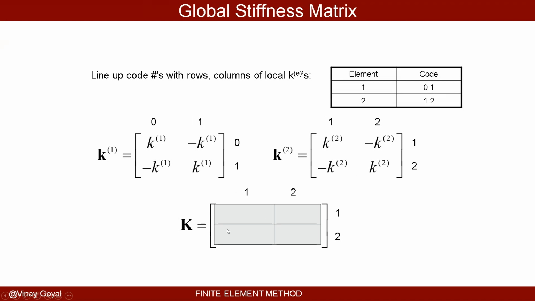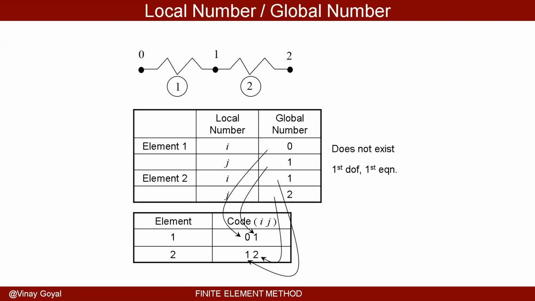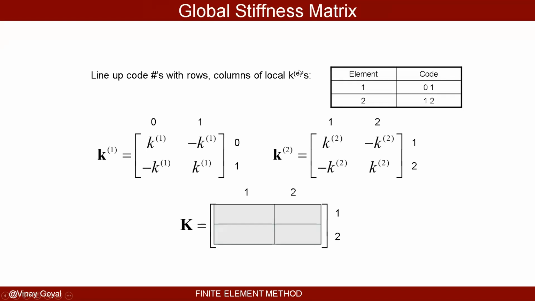But for the global stiffness matrix, I only have 2 degrees of freedom in this system because I fixed this point. So I only have 2 degrees of freedom that are not known. These 2 deflections are not known. So the global stiffness matrix should be 2 by 2. And the degrees of freedom are 1 and 2 and 1 and 2. So what I'll do now, I'll assemble it. For example,